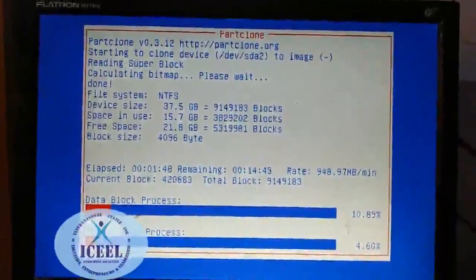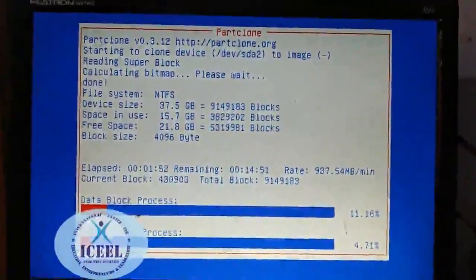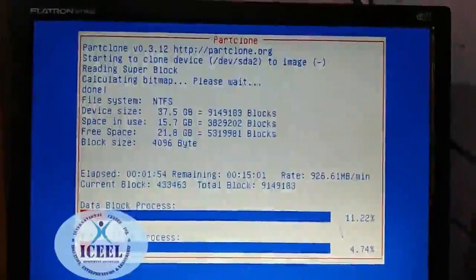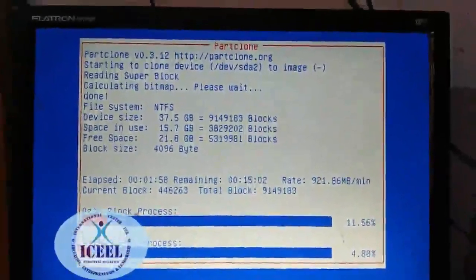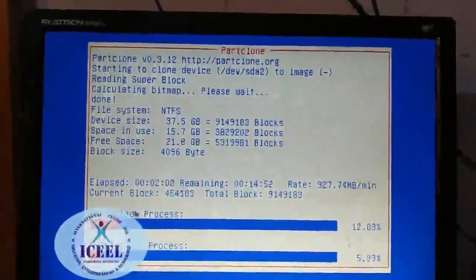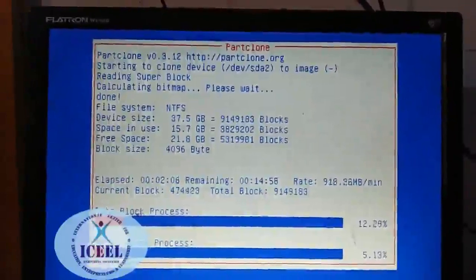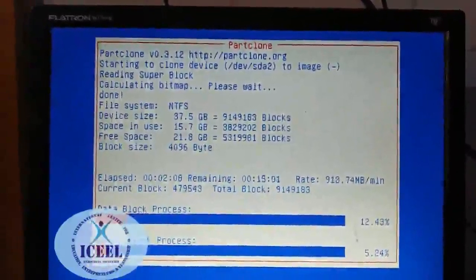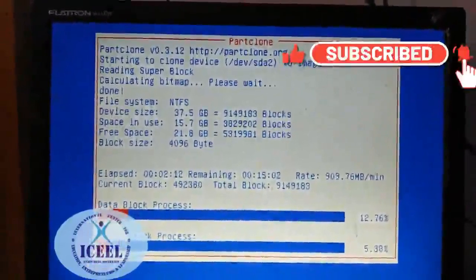That particular image will be stored in the backup or restore drive which I have made. This image is a precious thing for you. Whenever the next time the PC crashes, you can reinstall that particular image created by you right now to restore your PC as it is in this particular condition.